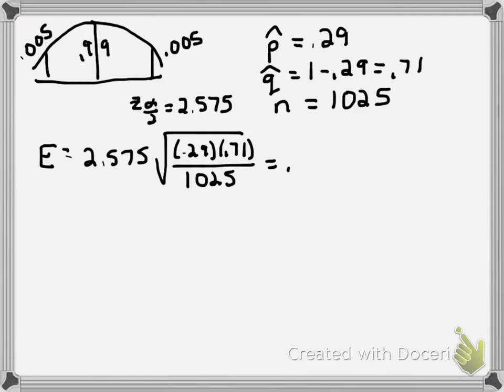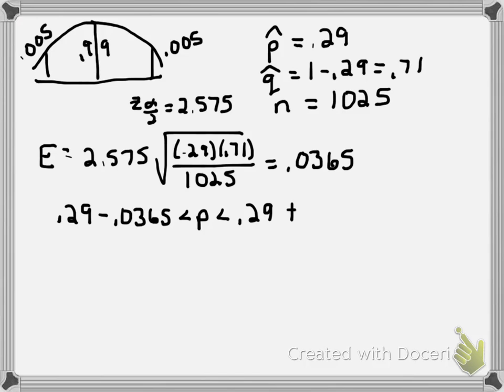And when you work that all out, you should end up with 0.0365. And now we can find the confidence interval. We need p hat, which is 0.29, minus the error 0.0365, is less than p, is less than, on the other side, 0.29 plus 0.0365. And now we need to add and subtract and round these numbers to 3 significant digits, and we should have 0.254 is less than p is less than